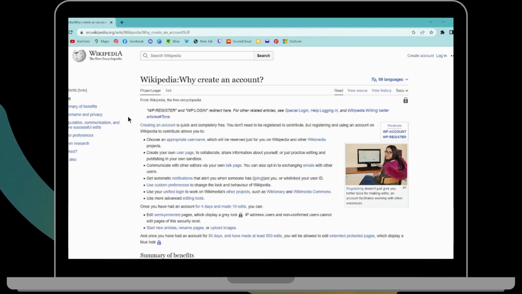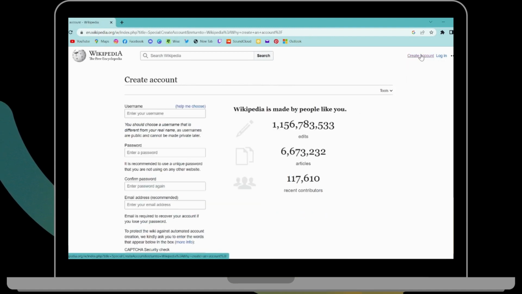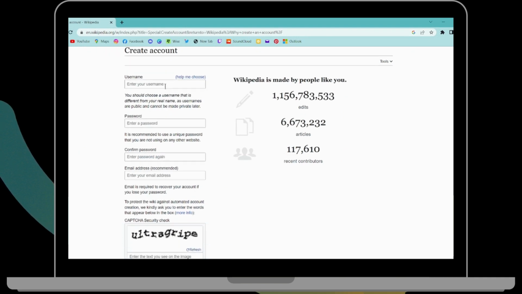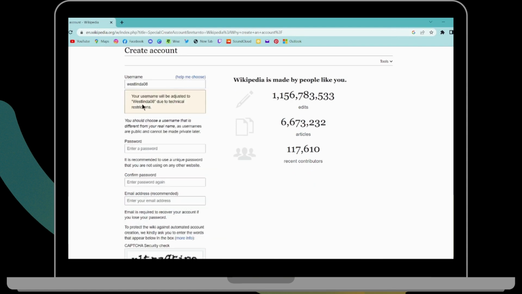And now if you want to create a Wikipedia account, on the upper right corner you will have the create account option. Click on create account. And on the left side you will have these options. So to create an account, first you have to enter your username, and after entering your username, on the next blank you have to create a password,